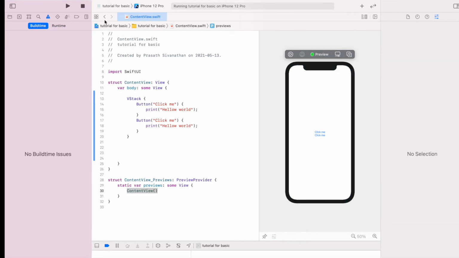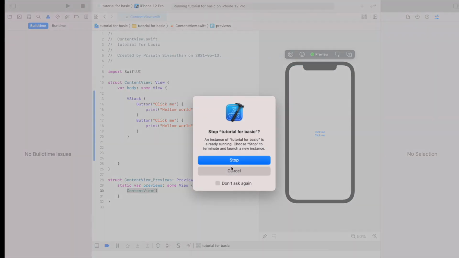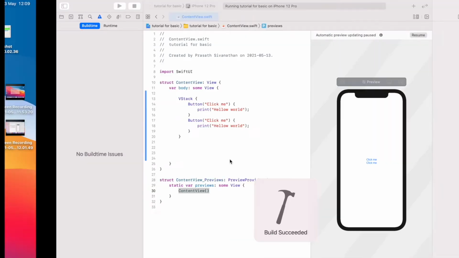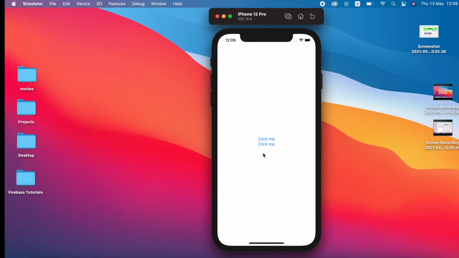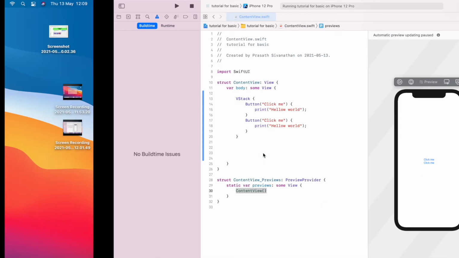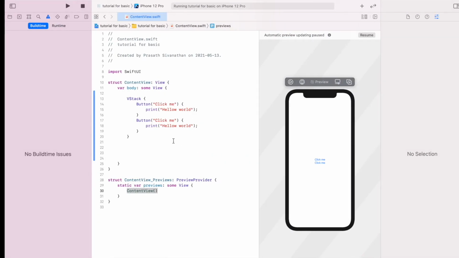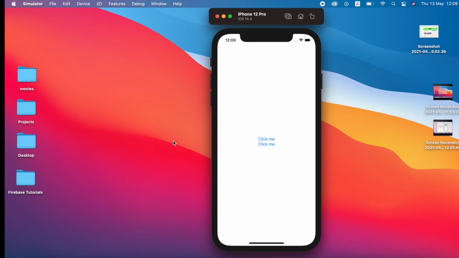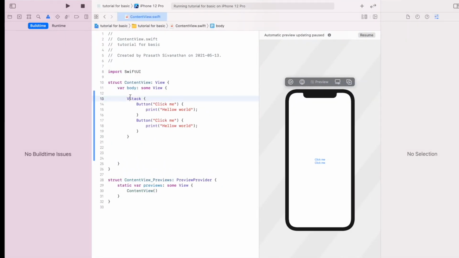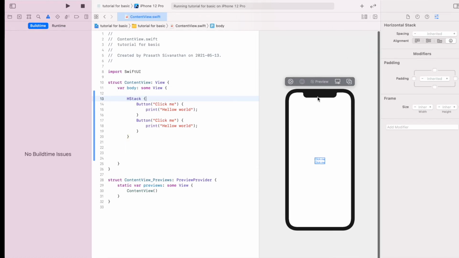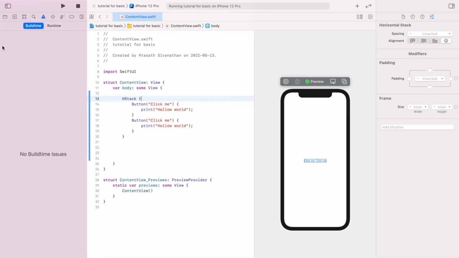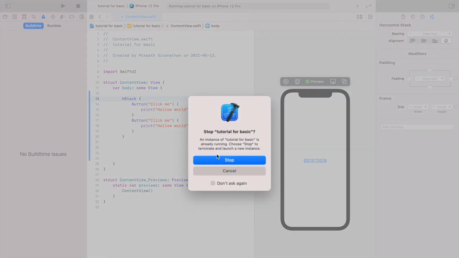For now, I run it. See, build succeeded. I get the GUI as before. So this is working. So again, I'm going to change the VStack to HStack. So that's called horizontal stack, and resume the GUI. See, that will appear horizontally. So I again run it and see